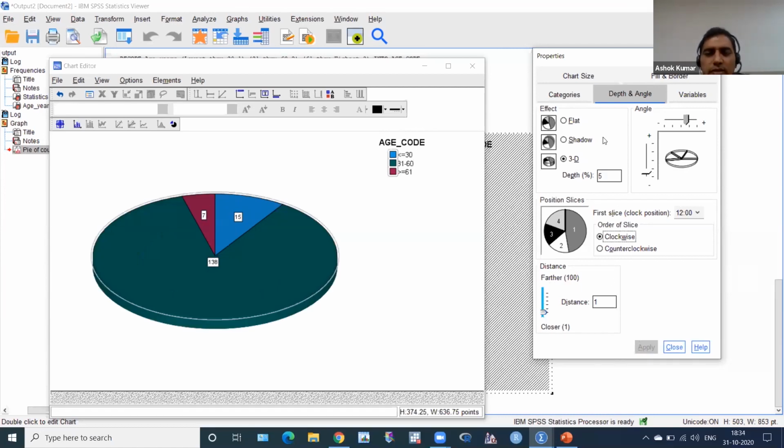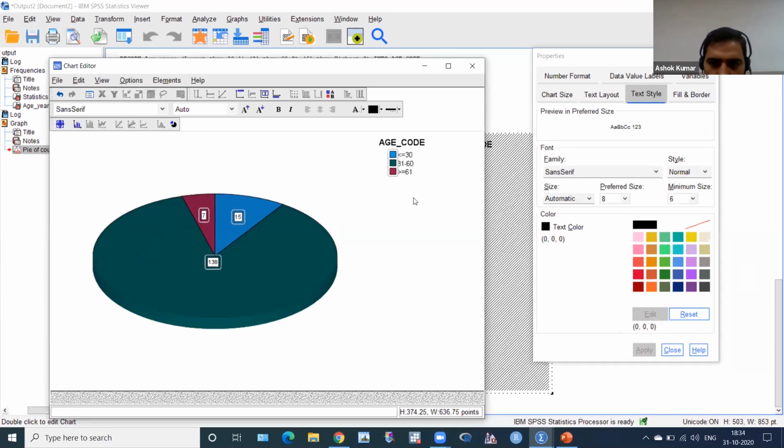You have to practice, and then it's a little bit, say 115, 138. If I want to increase the size, you have to click on this. Okay, they are selected. Then this is the preferred size in the property box, you can increase the size up to 14, then apply. Okay, automatic.